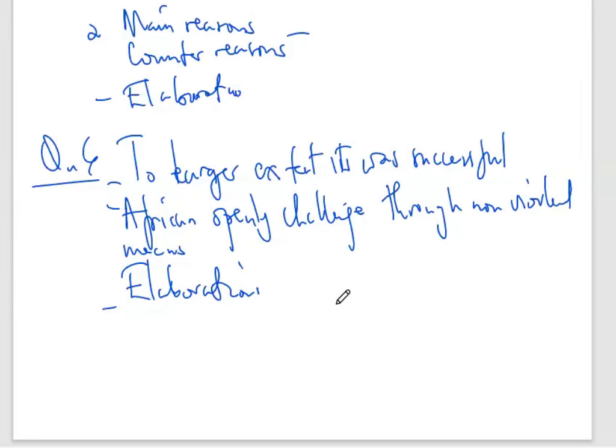So talk of those projects, child care projects and medical projects that were initiated to enhance the welfare of Black Americans. Also look at the demands by the Black Power movement to have Black history taught in Black schools, so that Black people were able to realize their history and identify themselves as Blacks. All those ideas, you use them to support the fact that it was to a greater extent successful in the challenge against segregation and discrimination in America in the 1960s.